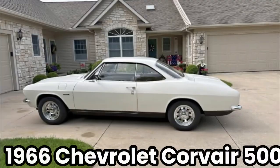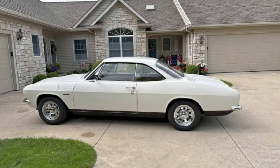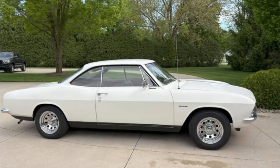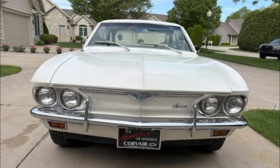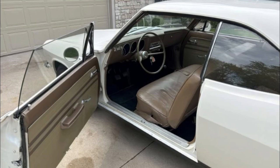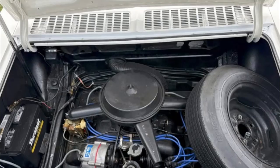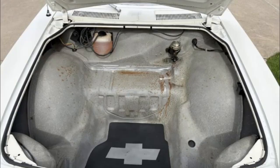Number 1. The 1966 Chevrolet Corvair 500, priced at just $5,500 and located in Goshen, Indiana. This model is the base 500 trim, powered by a 95 horsepower engine paired with a 3-speed manual transmission. It comes equipped with a bench front seat, staying true to the simplicity and utility that define the entry-level Corvair lineup. According to the seller, the car is in fair to good condition, right in that sweet spot for a